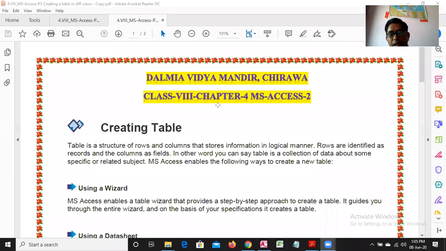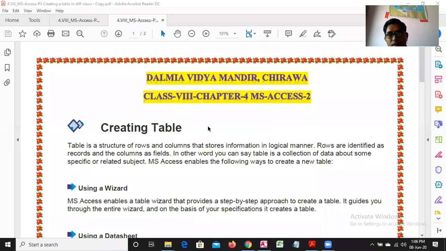Earlier we discussed what MS Access is, what its role is, and what it is used for. MS Access is part of Microsoft. Access is used to create or make lists in the form of a database. A database is a collection of interrelated data. Interrelated data means data related to students, teachers, or products that you want to purchase in the market. In MS Access, we create a database in the form of tables.